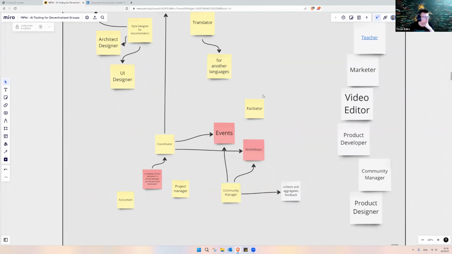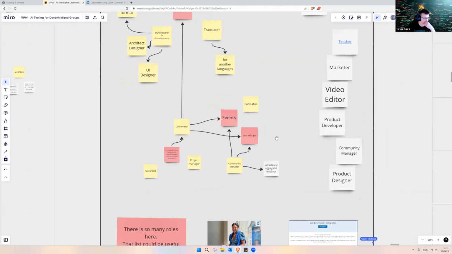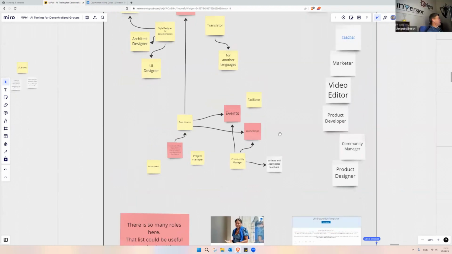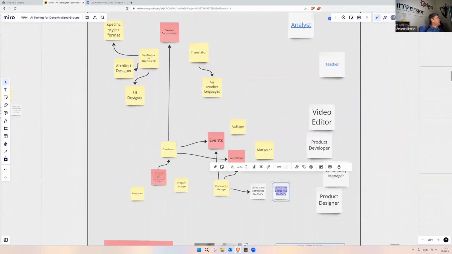Well, anything else that comes up in what we would need in order to have an effective event or workshop? I think marketing would be pretty important. And I know earlier, I think we said marketing wouldn't be so important for the standard documentation. But I think, in fact, it would be, so that different groups from different AI products could actually become aware of it. If there was no marketing, how do you get engagement?